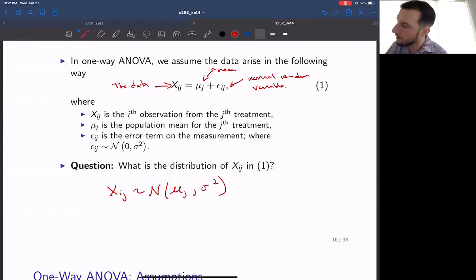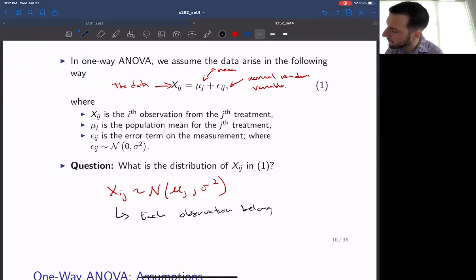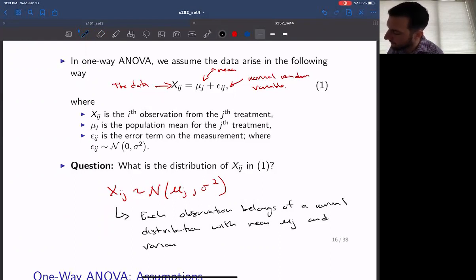So basically what we're saying here is each observation belongs to a normal distribution with mean mu j and variance sigma squared. So in a practical interpretation,